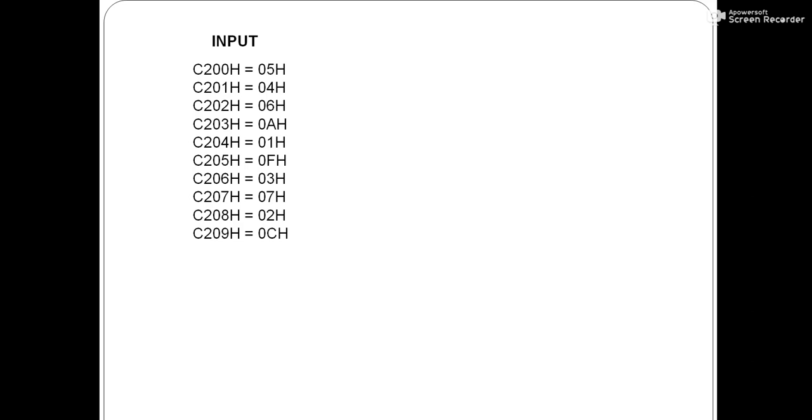Easily we can recognize 05 is an odd number, 04 is an even number, 06 is an even number, and we can count them. So if you count, the even numbers will be 6 and odd numbers are 4. So 06 will be stored in C300H and 04 will be stored in C301H. This is the final output which we should get.